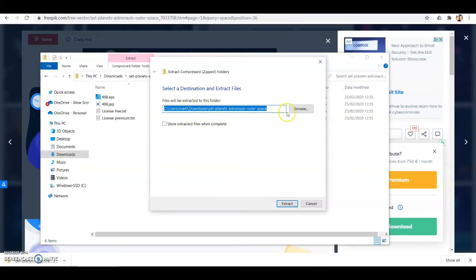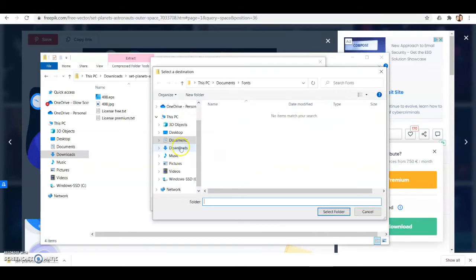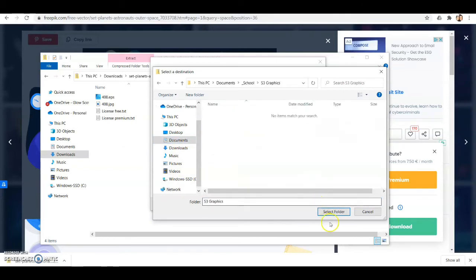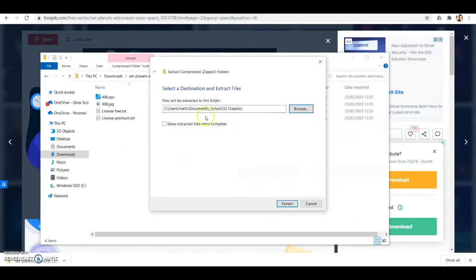You'll want to change this by going to browse to put it into your own home folder. So I'll just go into my home folder, which will be over here in school, and then my graphics folder, and I'll select that folder and that's where it's going to download to. And when I hit extract,